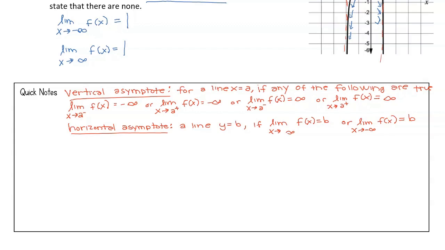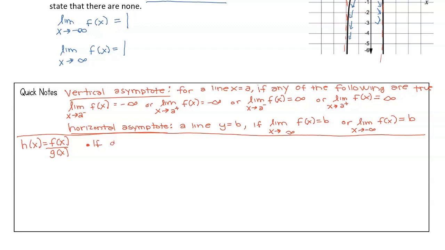But what happens if we don't have a graph? What happens if we have a rational function, which, if you recall from the last video, would be h of x equals f of x over g of x, or if we have an exponential function or a polynomial function. So let's talk about what we do for rational functions, and then we'll have an example of an exponential function, and then as those other functions pop up, we'll talk about them. What we're going to do is look at the degree or the power.